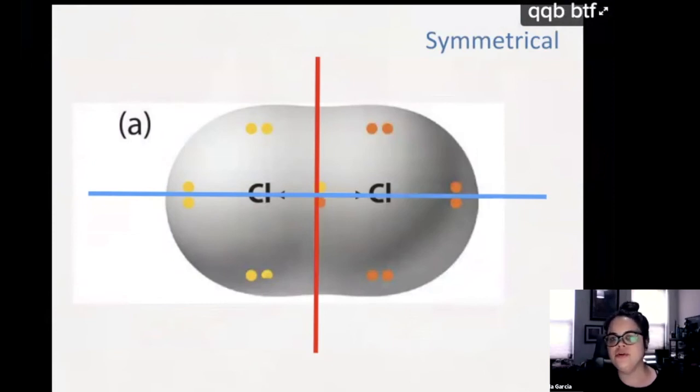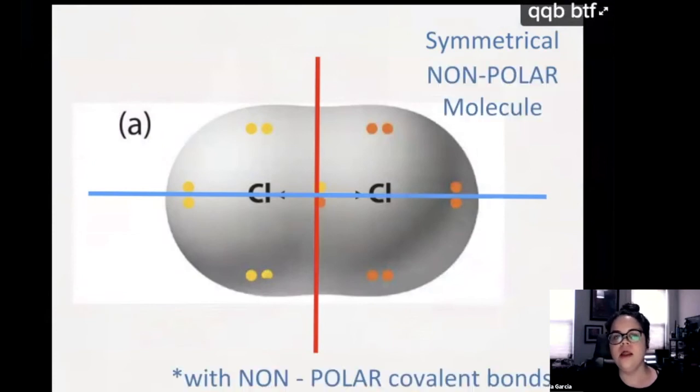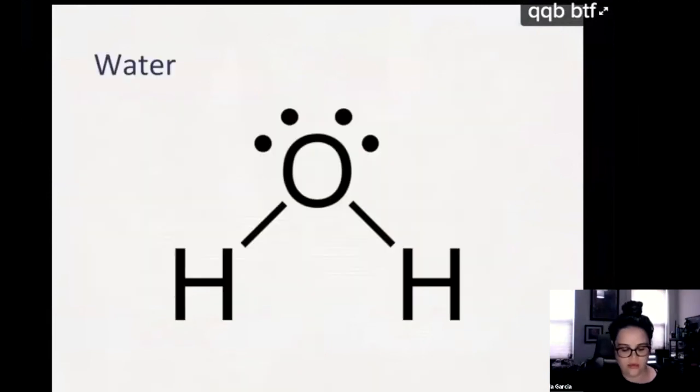And symmetrical, SNAP, symmetrical is nonpolar. And so we will know that this is a nonpolar molecule. Okay? But the one molecule that you have to essentially just memorize is our dear friend dihydrogen monoxide,